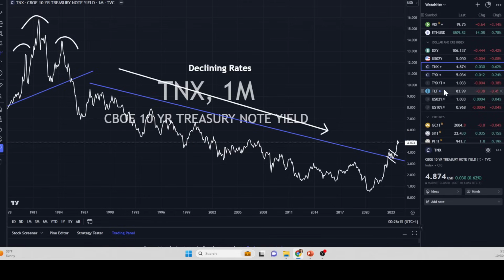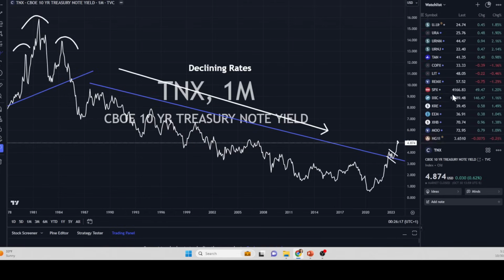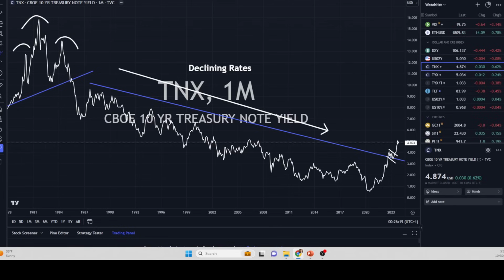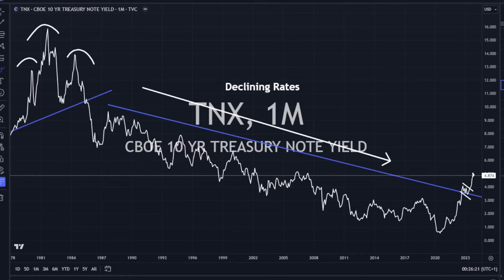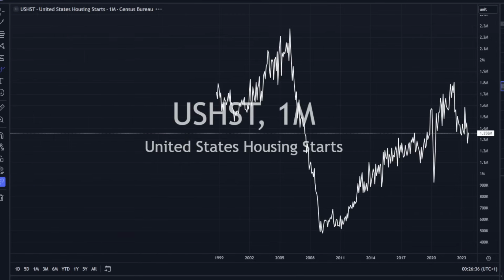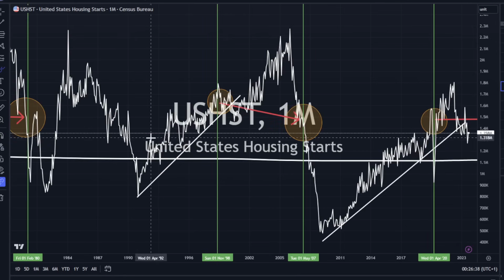We can also go and look at some other data here. Let me increase this, open and maximize it. I'm going to look at some data for construction. A lot of people talk about the slowdown in unemployment, and a lot of that comes from construction and housing starts and all that stuff. So this is the housing starts. This was the last bull market from 1998 all the way to 2007.